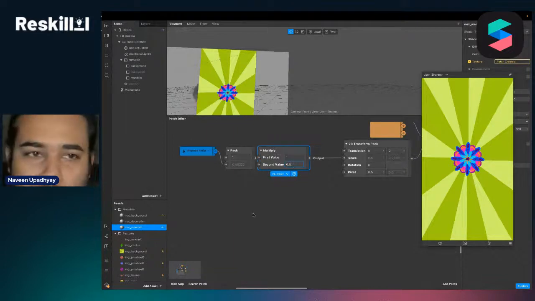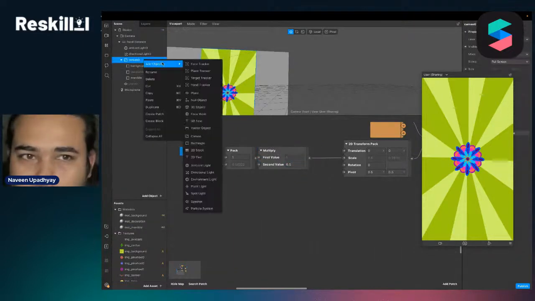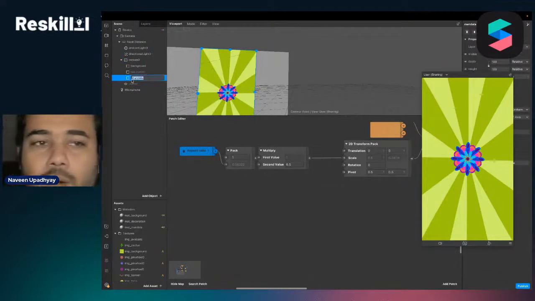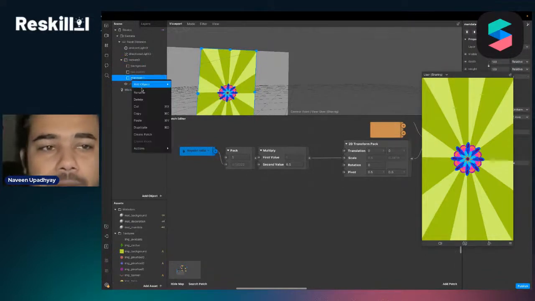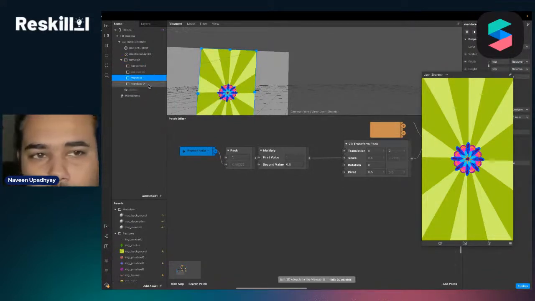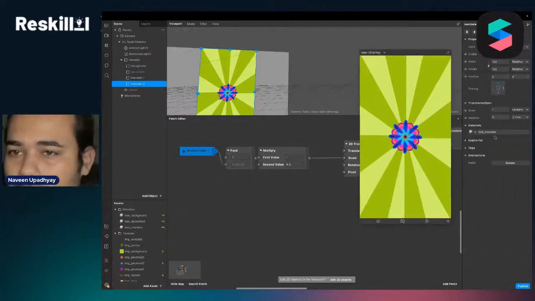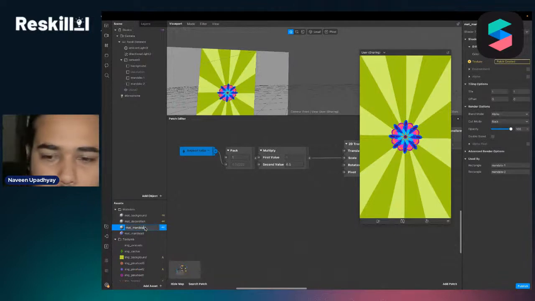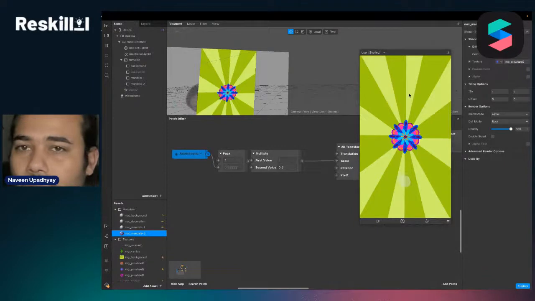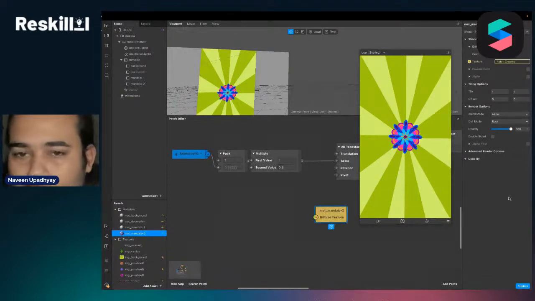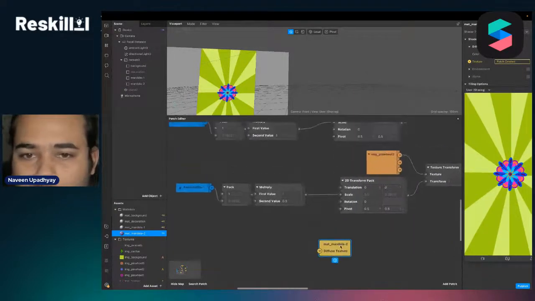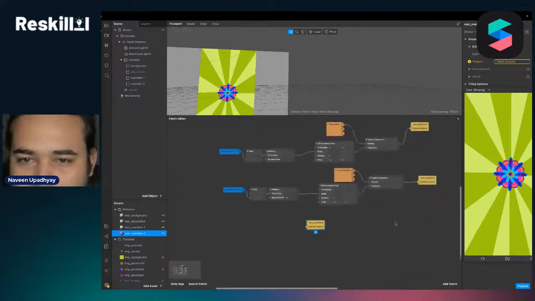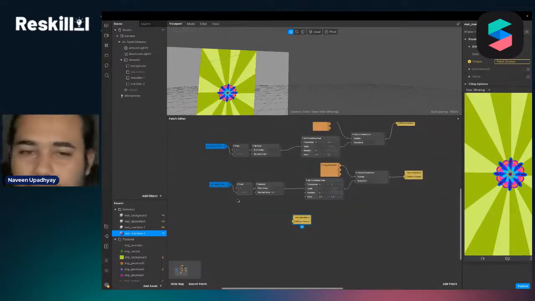Again, we want one more mandala, so we can call it mandala number 1, then duplicate it and call it mandala number 2. This should have another material. We can duplicate that as well. Call this mandala number 1, and this mandala number 2. The only difference is that it should have a different texture. Now see, we are repeating this again and again, so to optimize your project,